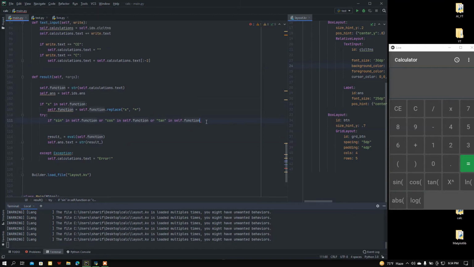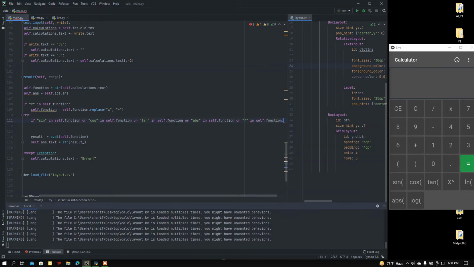Then absolute in self.function, sorry guys, my bad, self.function, or this symbol is in self.function, then